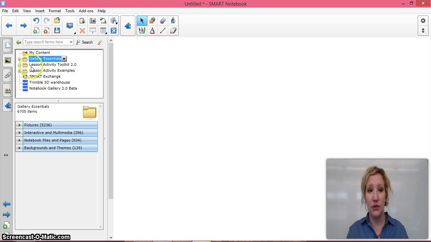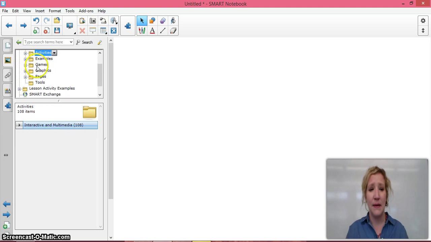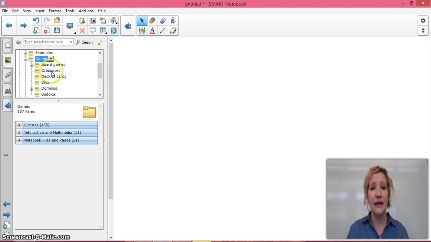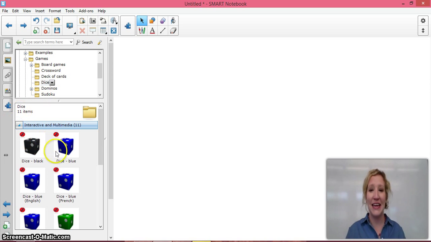Another great tool is the Lesson Activity Toolkit 2.0, and this just has amazing activities in it. There are games, there are graphics. I just think about when I've taught math before, how handy it is to have a dice that is digital and quickly accessible. So any of the items in the gallery, you can just click, drag, and drop onto